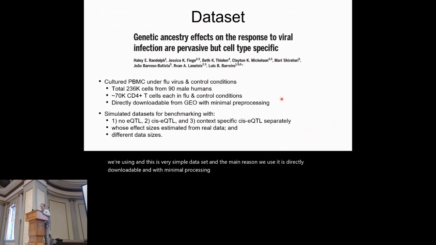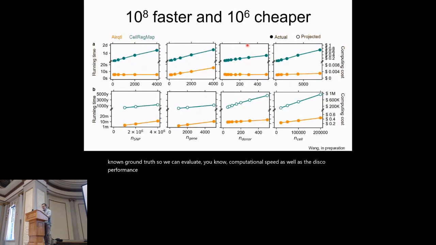And we also simulate data with known ground truth, so we can evaluate computational speed as well as statistical performance. In this case, we compare with cell-rec-map. Cell-rec-map is an established method specifically for single cell eQTL mapping, as well as cell type specific or other context specific eQTL mapping. We only compared with this one because first it's work in progress, and also this is the only one for frequentist test, which gives summary statistics that you can directly use for other tasks, like in our case,